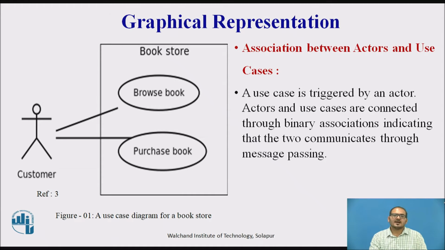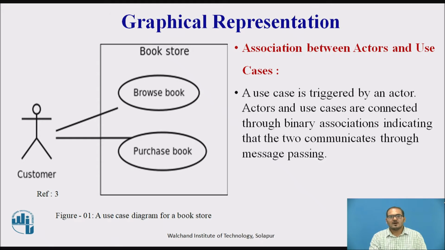Let us discuss the graphical representation. An actor is represented by a stick figure, and the name of the actor is written below it. A use case is depicted by an ellipse, and the name of the use case is written inside it. The subject is shown by drawing a rectangle. A label for the system could be put inside it. Use cases are drawn inside the rectangle and the actors are drawn outside the rectangle, as shown in figure 1.